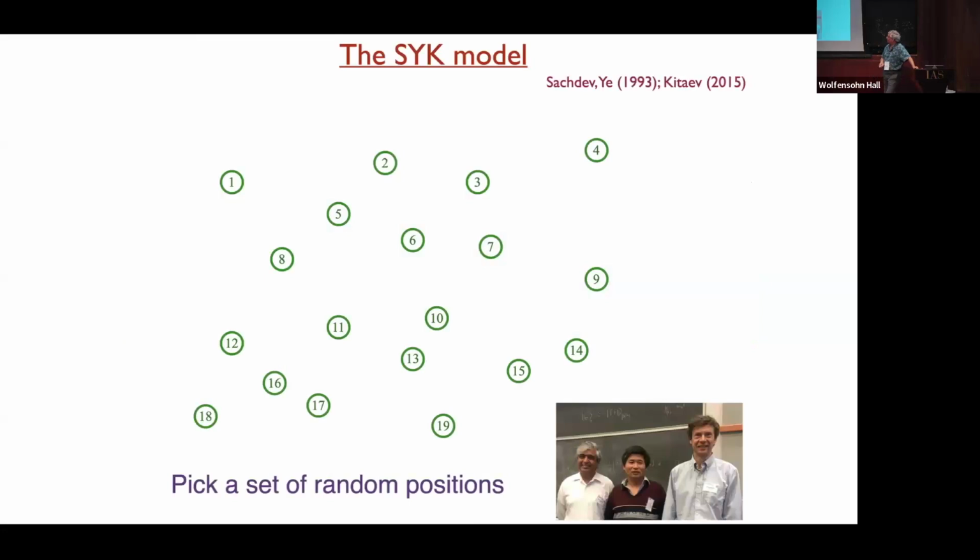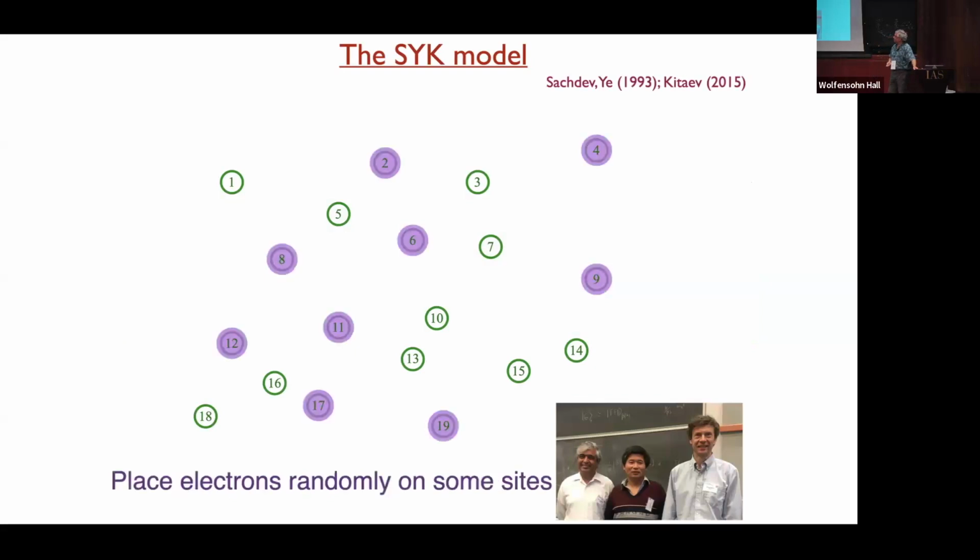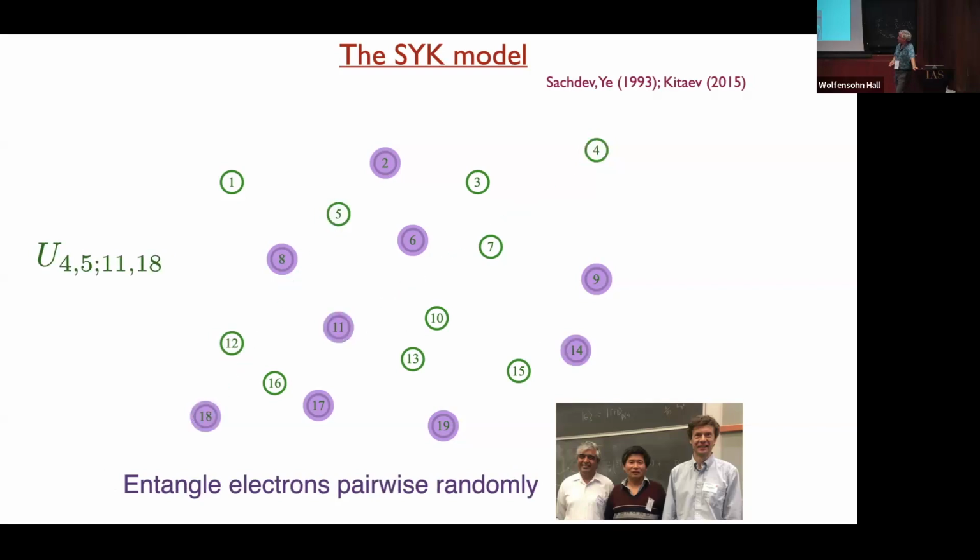So I want to begin with a simple solvable model of many fermions that does not have any quasi-particle excitations. And that's the SYK model. If I just show you in pictures, you imagine you have some set of orbitals on which you occupy some electrons, and these can now move around. And you just put one restriction that they never move on their own, but they always move in pairs. So there's some matrix elements for electrons on sites 11 and 12 to go to sites 5 and 14, and so on. So every such quartet of sites has some complex number associated with it.